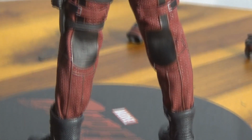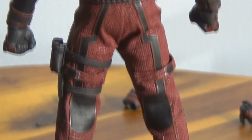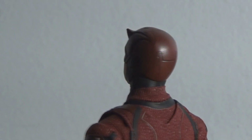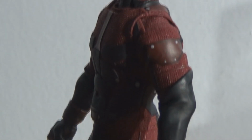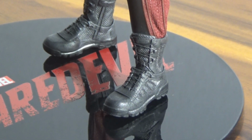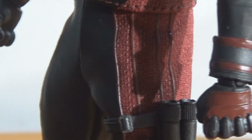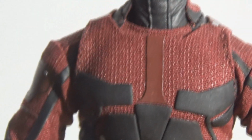A lot of detail on the costume, and it's not as tight fitting, and there's not too many rubberized parts in the crotch, so hopefully this will pose well. I'm hoping. We will see, because you can never tell with Mezco. A lot of detail on the boot there. Look at that. On the costume all around, the texture and everything, there's a lot of good detail. But Mezco has gotten pretty good about physical details,